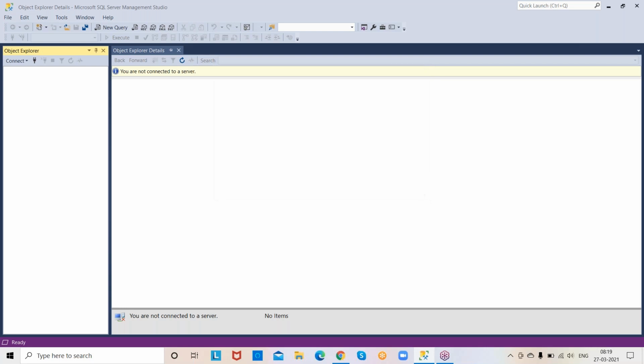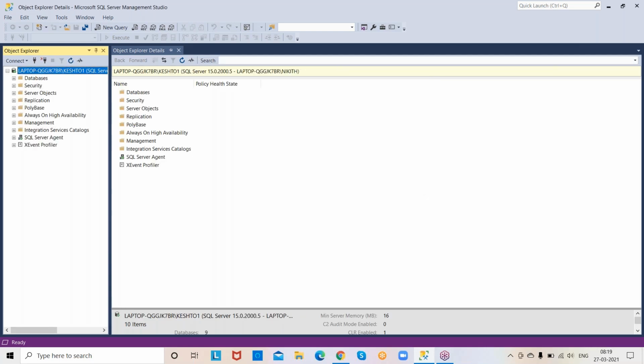Just click on the Connect button. Of course, while connecting, we have to consider some security related scenarios, like login name and password. We will discuss those later because we are just at the beginning, so don't worry about those things.